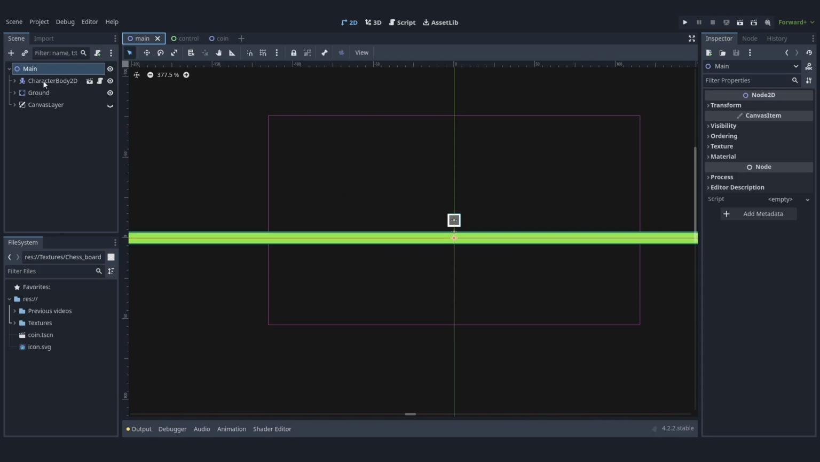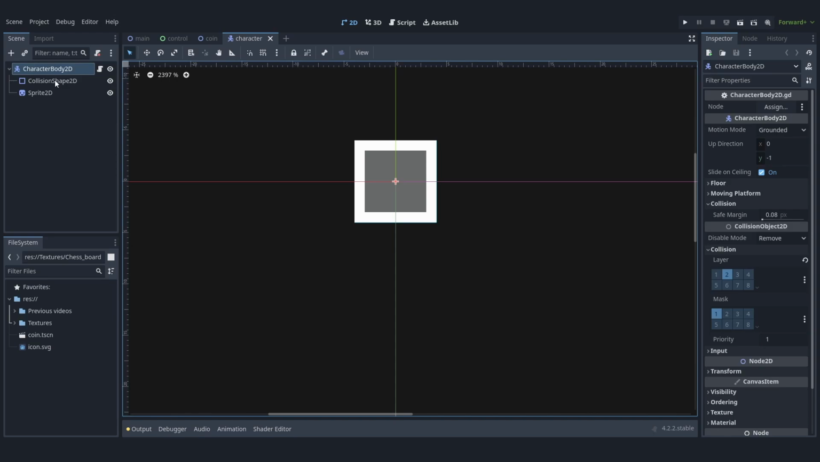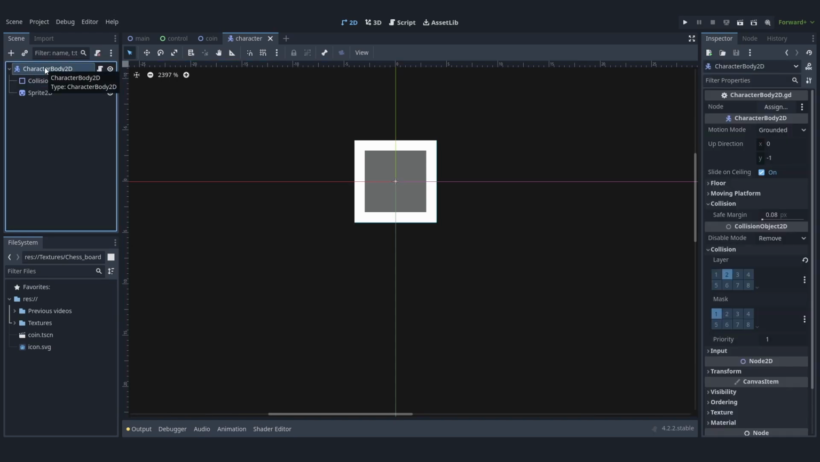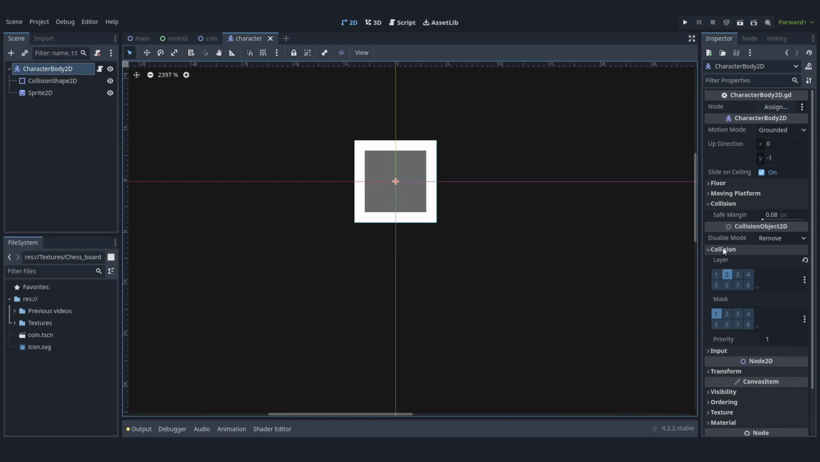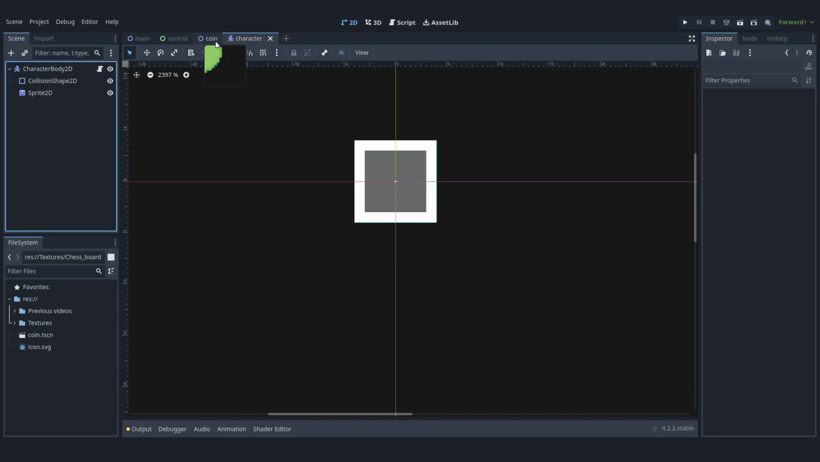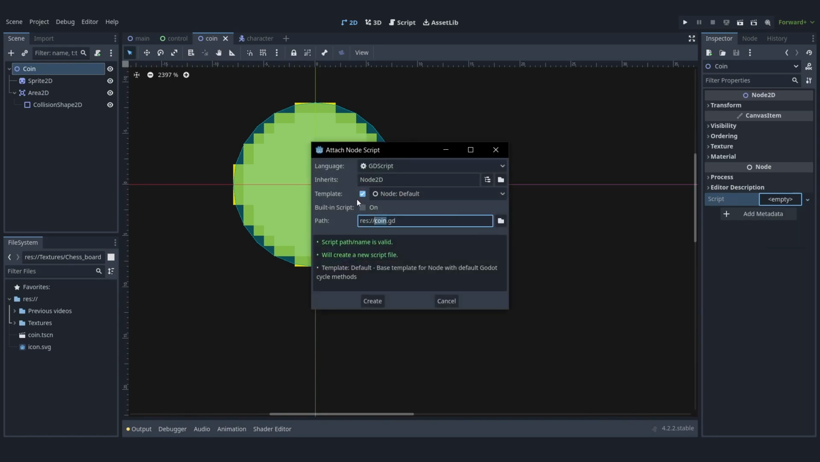So we'll go to our character scene, and here when we click on our collision shape and then we click on our CharacterBody2D, here under collision we have selected layer to be the second one. And now back to our coin, here under our parent node we will make a new script, call it a collectable,